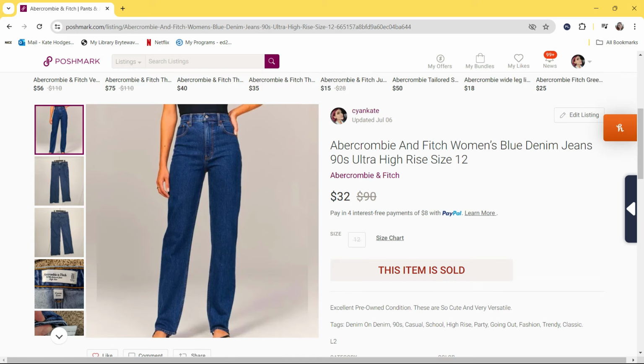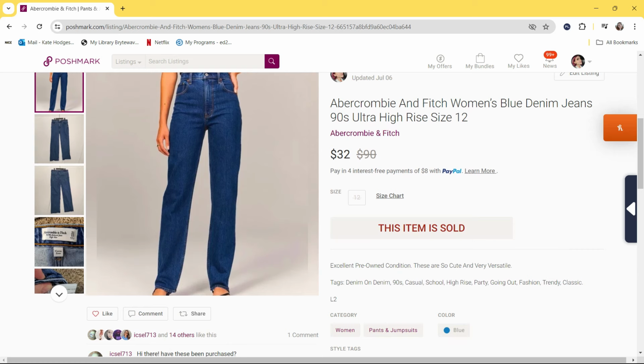This next sale is this pair of Abercrombie and Fitch women's blue denim jeans, 90s ultra high rise, size 12. In my tags, I put denim on denim, 90s, casual, school, high rise, party, going out, fashion, trendy, and classic. I bought these at the bins for $2. I originally had them listed for $38. I lowered them to $32. And I think I ended up sending out like $25 offers to my likers, but then someone bought these outright